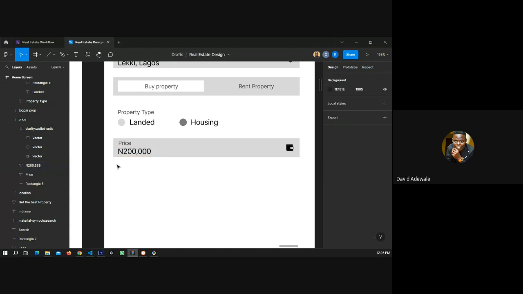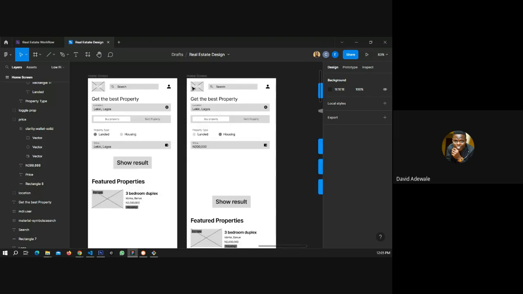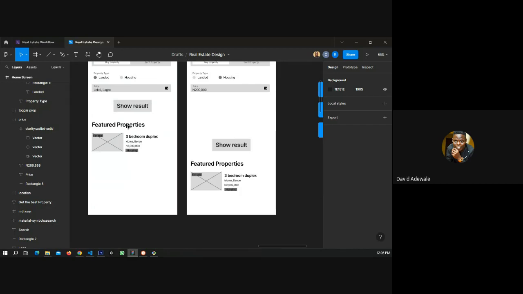Then you now add more criteria here. Since it is housing, what kind of housing do you want? 2-bedroom flat, 3-bedroom flat, 4-bedroom flat, 10-bedroom flat, 100-bedroom flat, whatever, etc. You understand, because if it is landed property, you don't need 2-bedroom flat, 3-bedroom flat. But if it is housing, you will need it. So when you select housing, you will need to add more things. So you can see it is another screen, not this screen again. We are done with this screen, though we are not done with some part here.